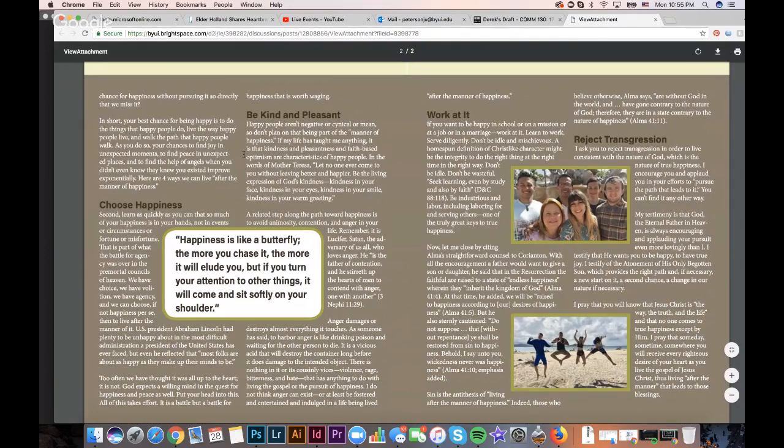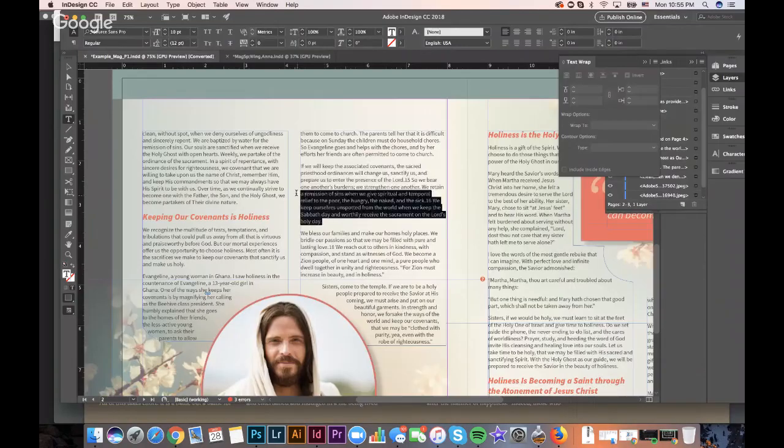You could either play around with your column sizes, increase or decrease the width, see if that helps, or you could highlight a paragraph that the widow is in and play around with the tracking. And the tracking is the space between each one of the letters, so you could increase it or decrease it. How you do that is if you look up top and you have your character palette selected, not the paragraph one, but the character formatting controls. Look for the VA and then the double arrow